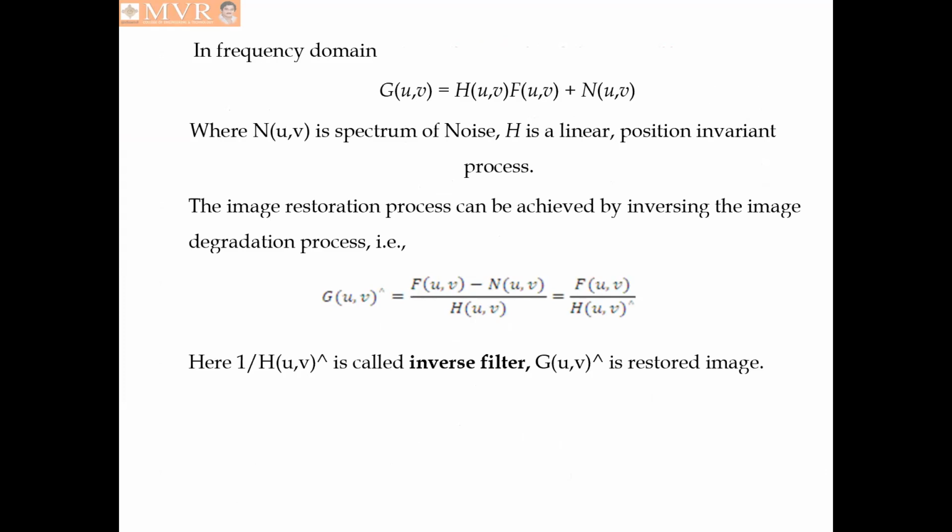The image restoration process can be achieved by inversing the image degradation process. That is, F cap(u,v), which is equal to G(u,v) minus N(u,v), that is original image minus noise, divided by the degradation function H(u,v), which is equal to G(u,v) by H(u,v). Here 1 by H(u,v) is called inverse filter,